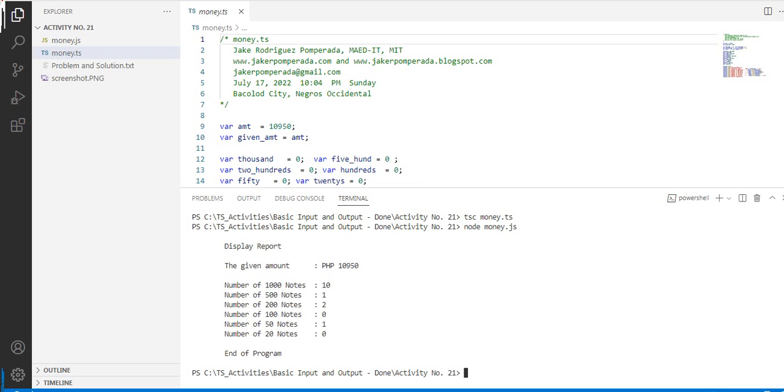Okay, so we have here display report, the given amount 10,950, the number of 1,000 is 10, number of 500 is 1, 200 is 2, 50 is 1, and so on in the program. Okay guys, so this is the end of our tutorial video on count the number of money bills